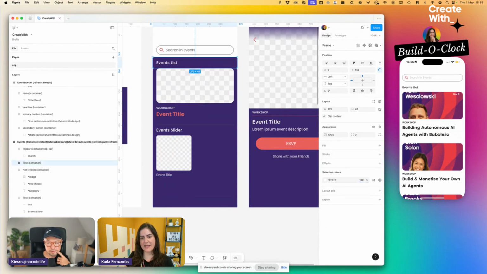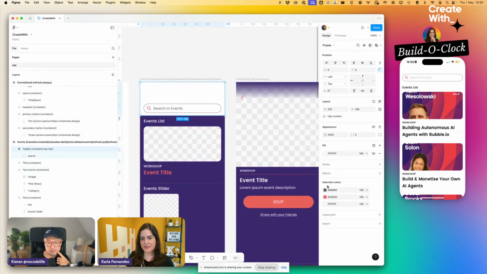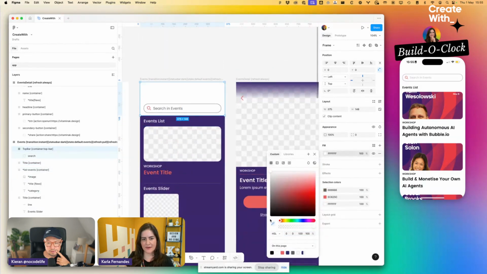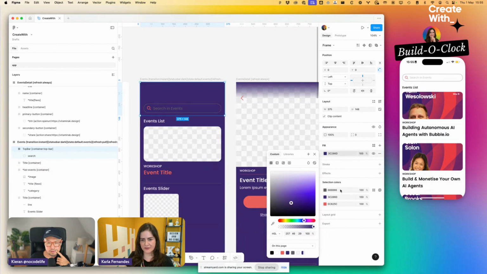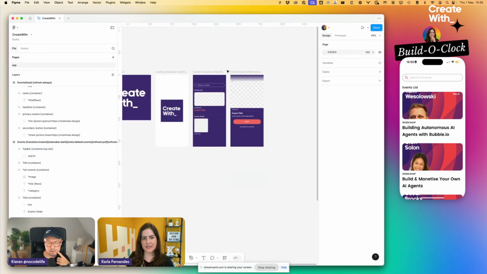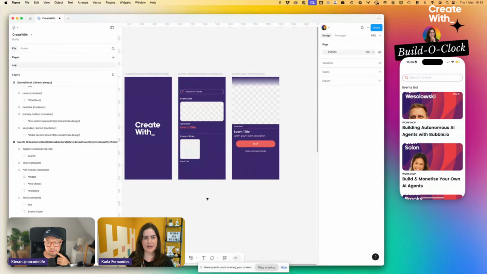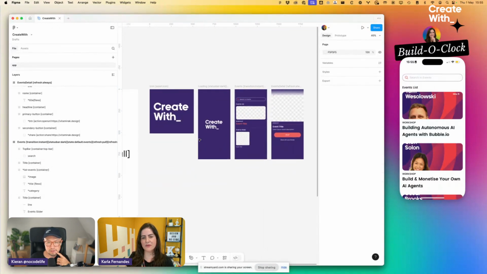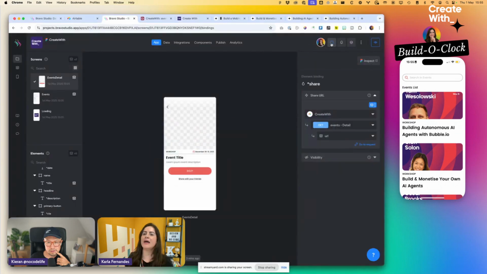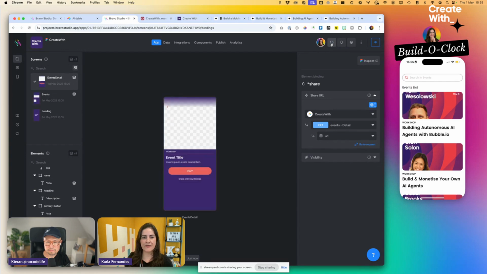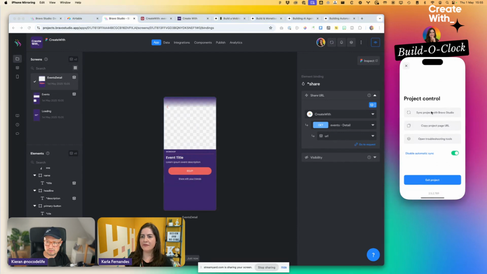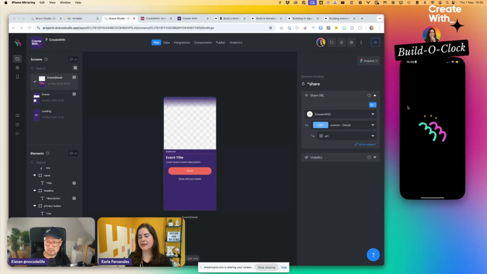It is the same as any other app. I will show you that. Once you have your app ready, you go to Bravo Studio and you say, okay, I want a bundle to send to the stores, and they send it to you in your email. I can even show you an email. So I did change a bunch here. I just refreshed my Figma file on Bravo right now, and you see the new colors, and I have removed everything. And if I come to my app that is on my phone, so this is on my phone, the right side,